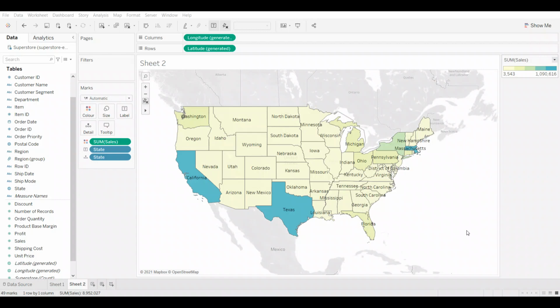So now you can see that you have very yellowish here, and then a bit of a yellow-green, and then a greenish, and then all the way to the highest performing states easily pinpointed with this coloring scheme. Okay, so having said this, let's take a look at the other type of